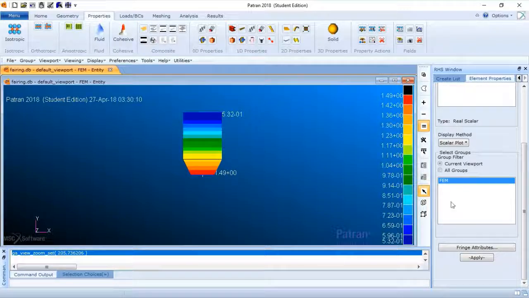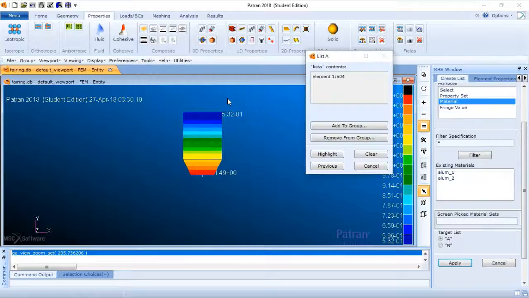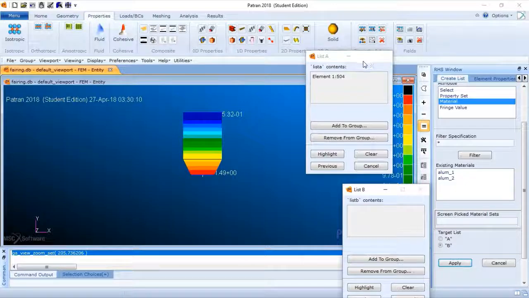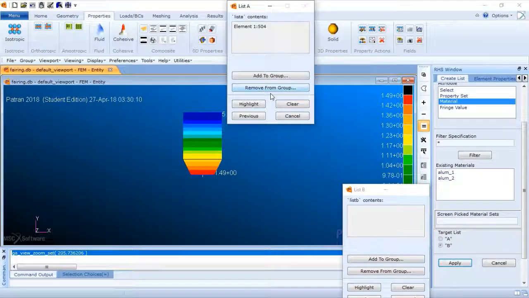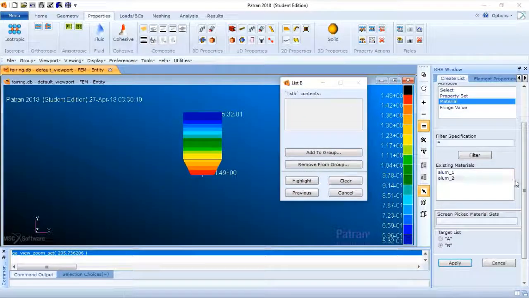So after seeing this plot, what we're going to do is go to tools. We're going to go to list, and after list we're going to select create. Now we're going to create target list B. We can close target list A, and to do target list B,